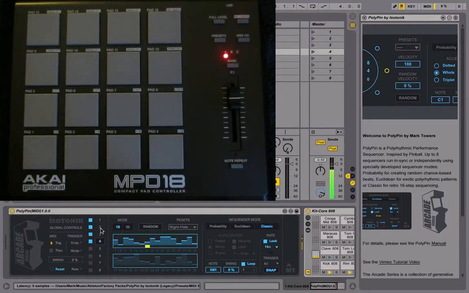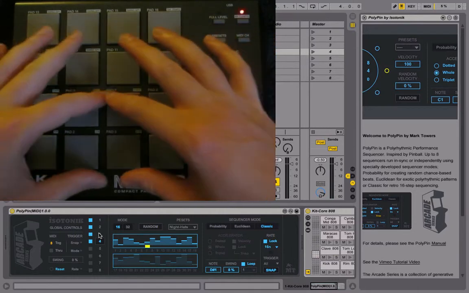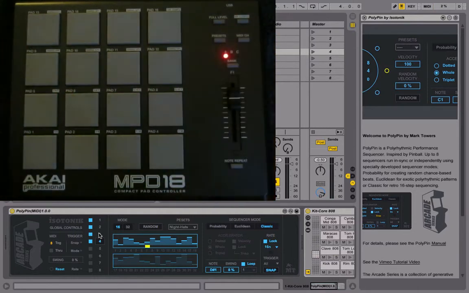You only have 8 sequencer engines in PolyPin, so I quite like using the MPD controller because you have 8 pads here. The other thing you'll probably want to do, performance-wise, is maybe stop a sequence, but also you may want to bring sequences in armed. So these buttons here, as well as showing you which sequences are running, they also let you turn a sequencer off,